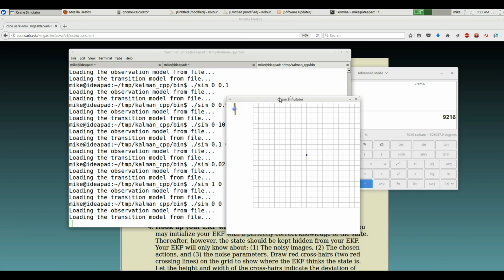Your task, should you choose to accept, and you will, or face grade penalties, is to try to estimate where the state is. Now, obviously, you could just look at the state and it's right there. But you're going to put a dot on here where you think the state is while deliberately refraining from looking at what the state is. So basically, you're going to look at the noisy image, you're going to know what the image says, and you're going to know what actions you've performed, what your keyboards have pressed, and you're going to see what pixels are coming in, right? And based on that, you're going to calculate where the state is, and it won't actually be a point, it will be a